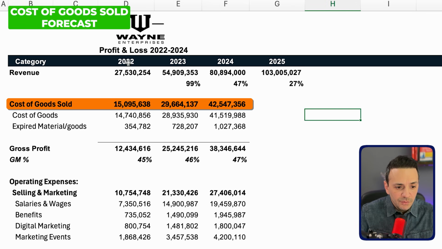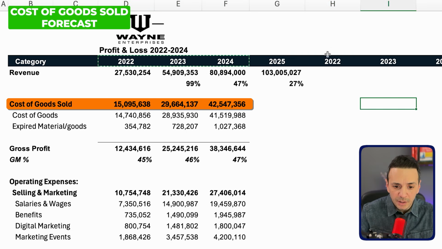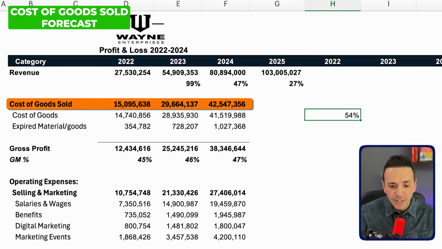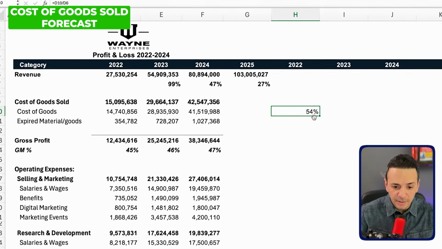So we'll say for 2022, 2023, and 2024, we'll create columns here for them. We'll say the percentage for cost of goods sold equals the cost of goods sold figure divided by revenue of that year, right? And let's format that as a percentage, and that is 54% for 2022. Now we'll go ahead and drag that number down and